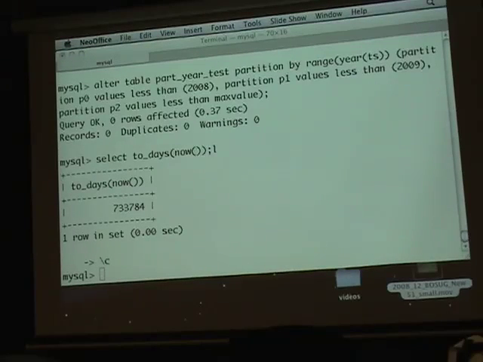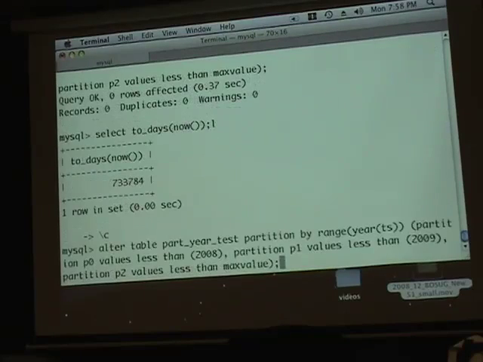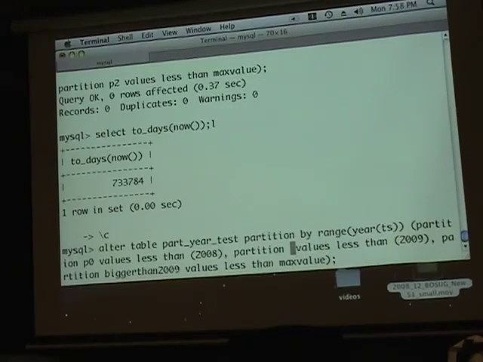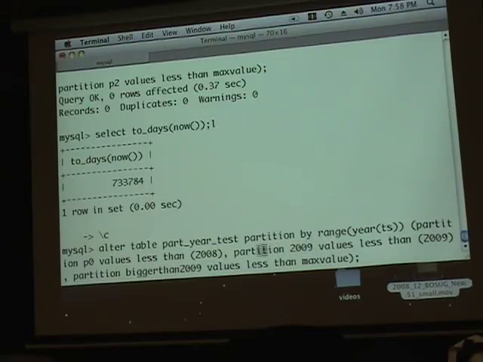Any other questions? Can you give partition names that would sort of indicate the range? Sure. I could say P, values less than 2009, or bigger than 2009, let's say. Right, something like that. And then I think you can actually use numbers, because partition names, other than the case sensitivity, have the same